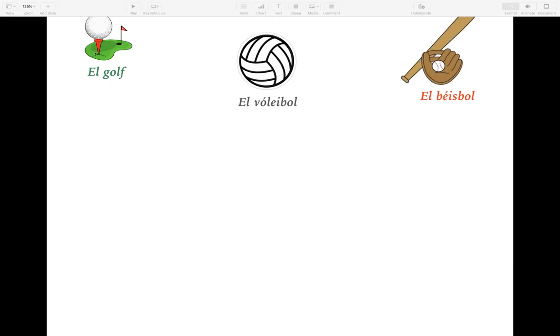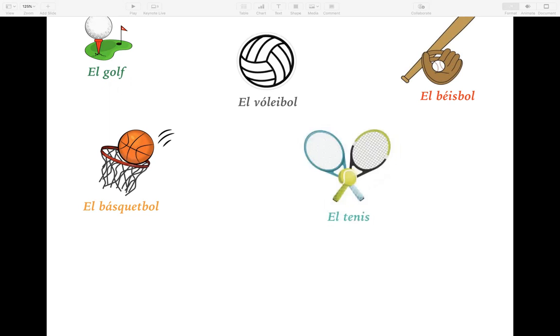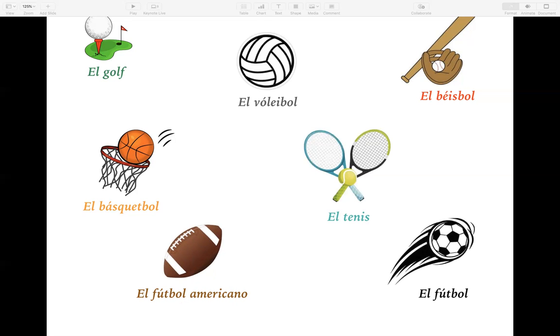Repita, el béisbol. Good, baseball. Next one, el basquetbol. Basketball. El tenis. Tennis. El fútbol americano. And the last one we're going to go over today, el fútbol,